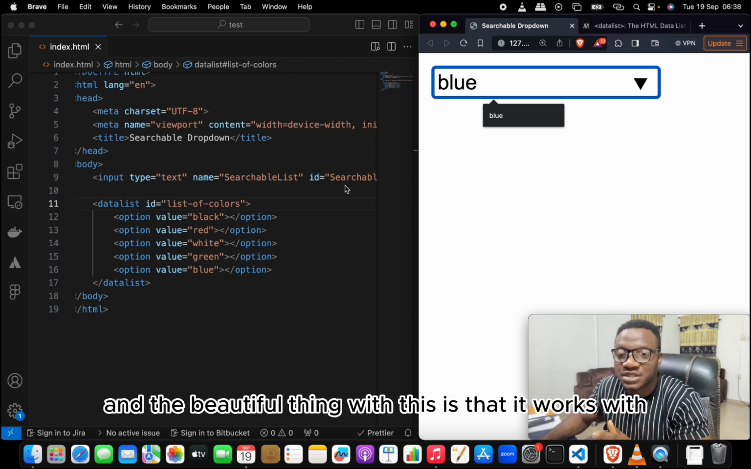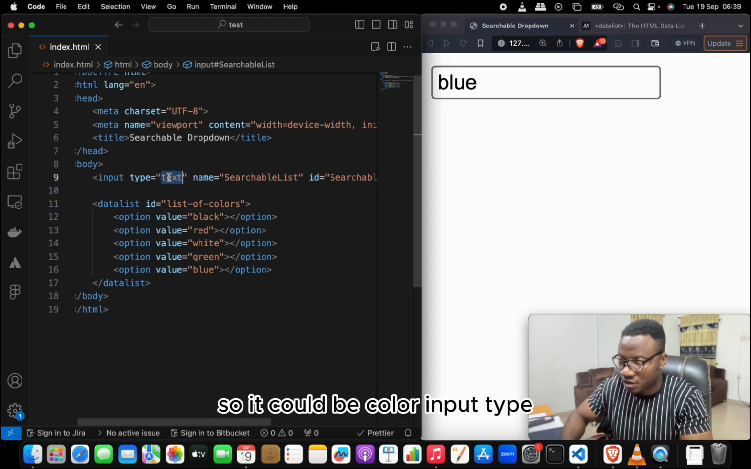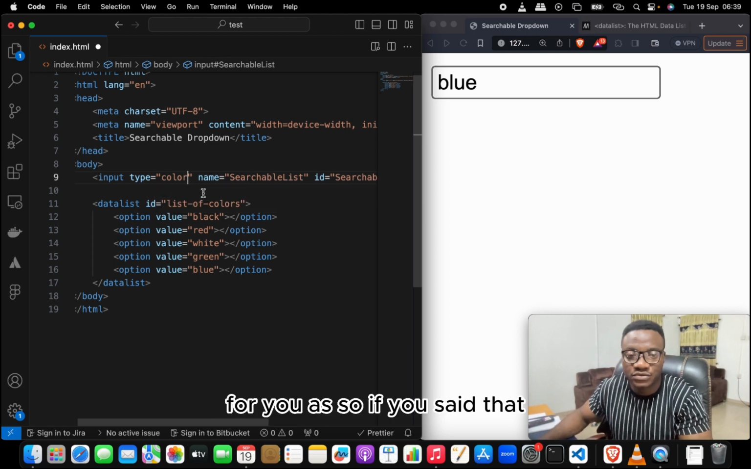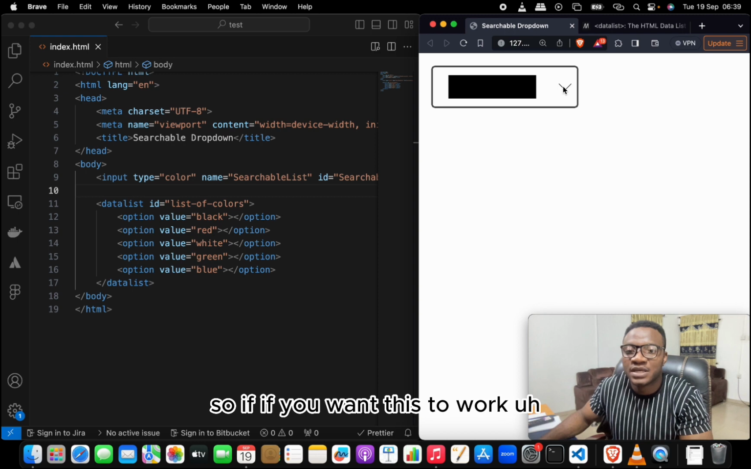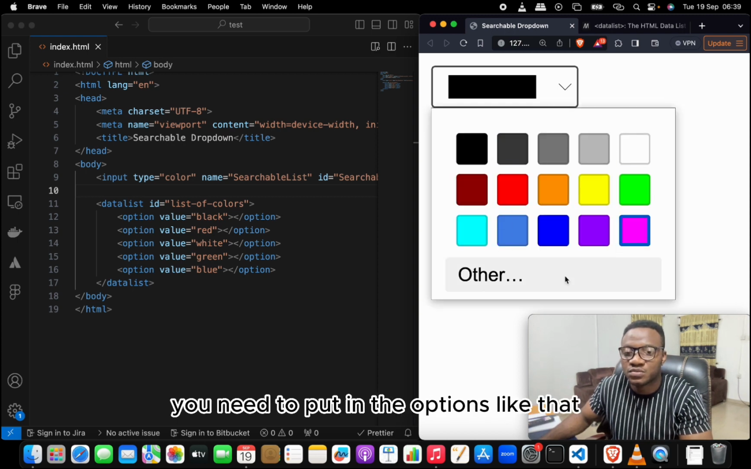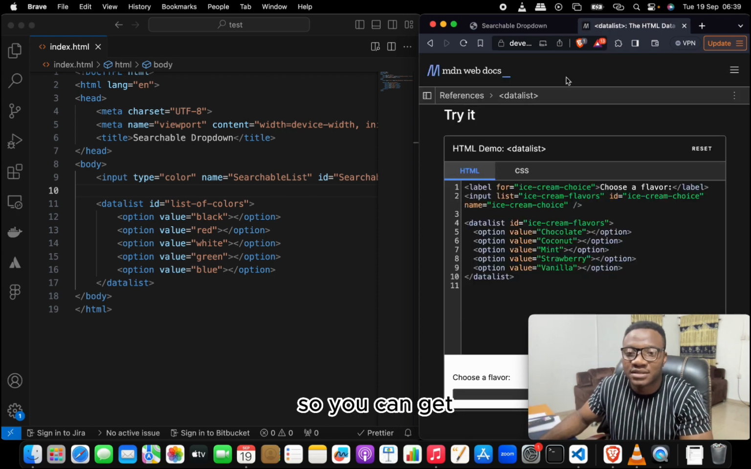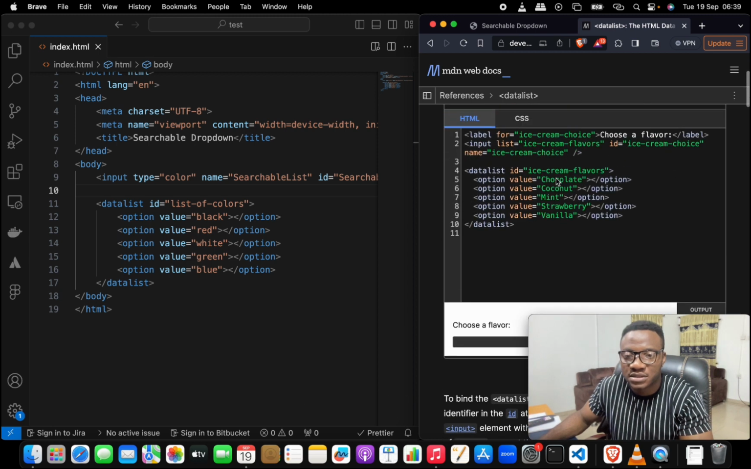Now the beautiful thing with this is that it works with different kinds of input types. So it could be a color input type for you. If you save that, it changes. If you want this to work, you need to put in the options like that. You can get more details of this when you come down to, where is this? This is